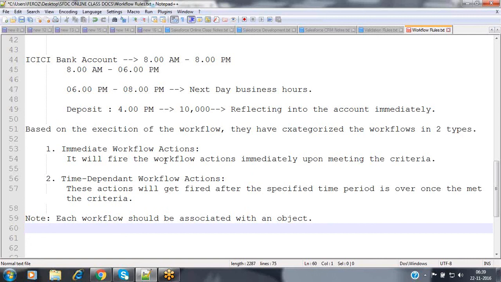Upon creating a new record of position object, do you want to send a notification? Or upon creating a new contact record, do you want me to send a notification? So that we have to specify here. Each and every workflow should be associated with an object. Now we are indicating clearly that upon creating a new record inside this object, please send a notification by using this email template. While sending the email notification with the help of workflow, always we have to use that email template.